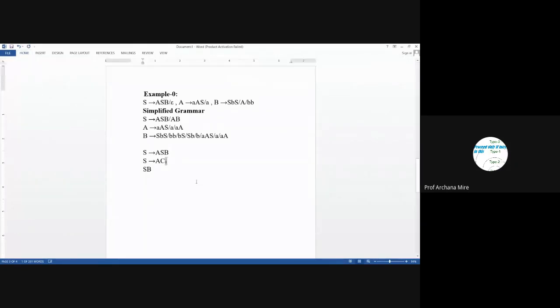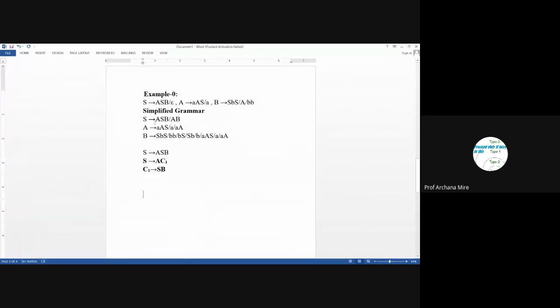Accordingly, we insert this production rule here: C1 leads to SB. So now this one production rule, which was not in CNF form, is represented in the form of two different production rules which are in CNF form. Now this production rule is converted to CNF, so I will mark it in bold.